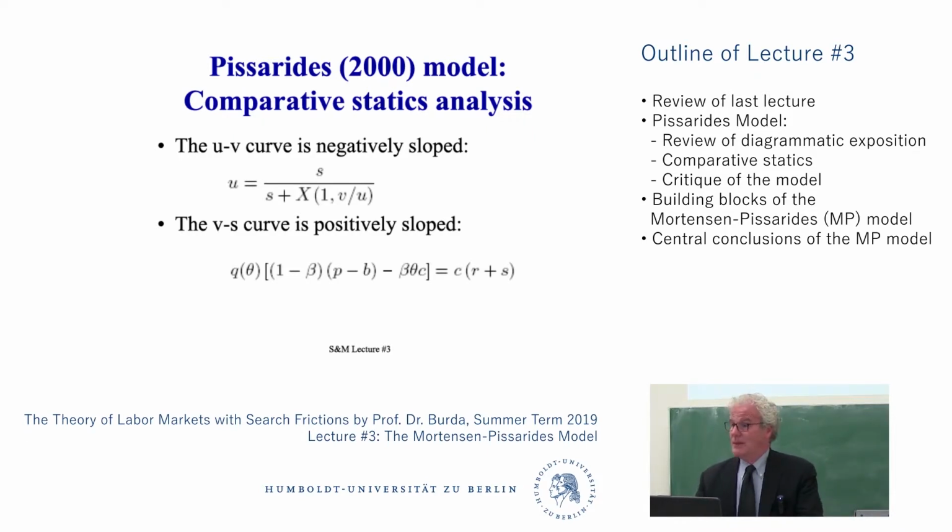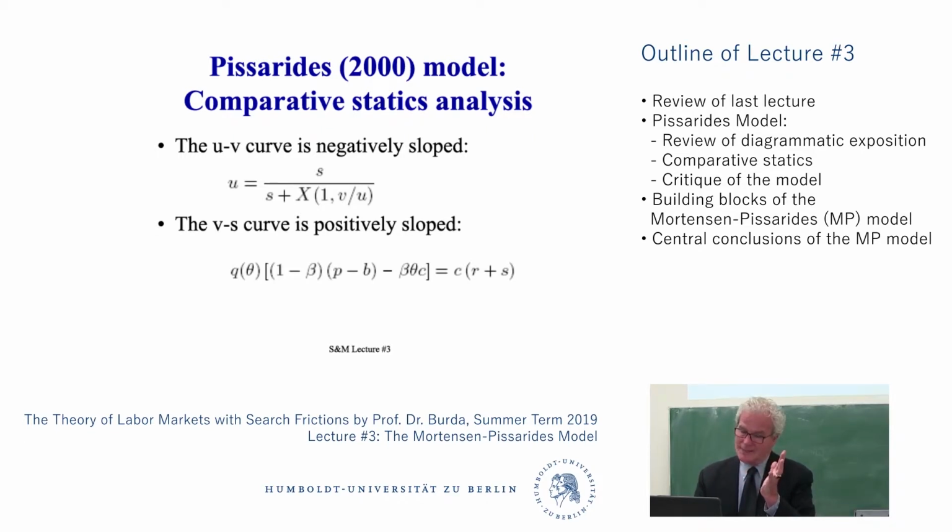We need to write down that function. So if you give me the minimum assumptions on constant returns to matching, I'm able to do this exercise I did last time, which is simply a derivative, organizing a derivative of the implicit function v as a function of u, and then solving for dv du. Okay, so that's fairly easy, right? And if you can do that, then you can show unambiguously, given what we've written down, and we wrote down the initial assumptions when we started the course, that thing has to be negative. Okay, the slope is a different question.